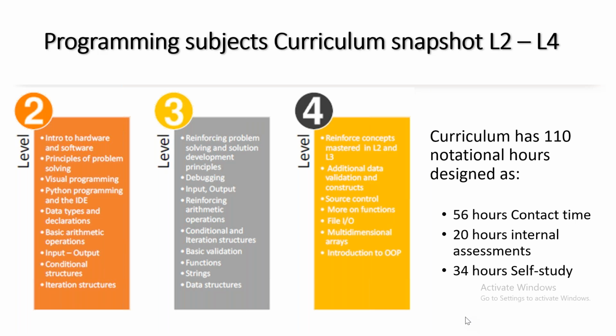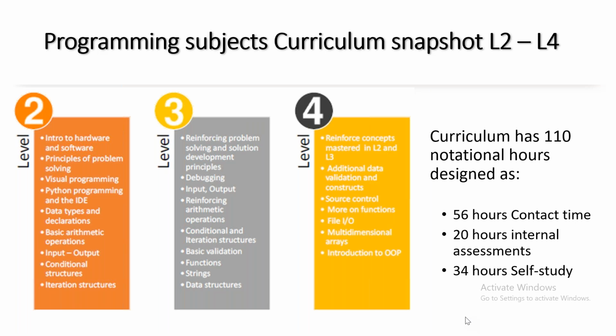Now the other thing we need to take into consideration here is your hours. So this curriculum uses 110 notional hours. Well, as NCV programs, we know that's the hours that we basically use, right? So we're quite comfortable as NCV lecturers with this. So you're looking at your contact time being 56 hours, and 20 hours being your internal assessments. That's covering everything: your PATs, your tests, your ISATs, your trial exams. But another component that we do not focus a lot on is 34 hours of self-study. And this is something that hopefully we can unpack a bit more when we have a physical training session.